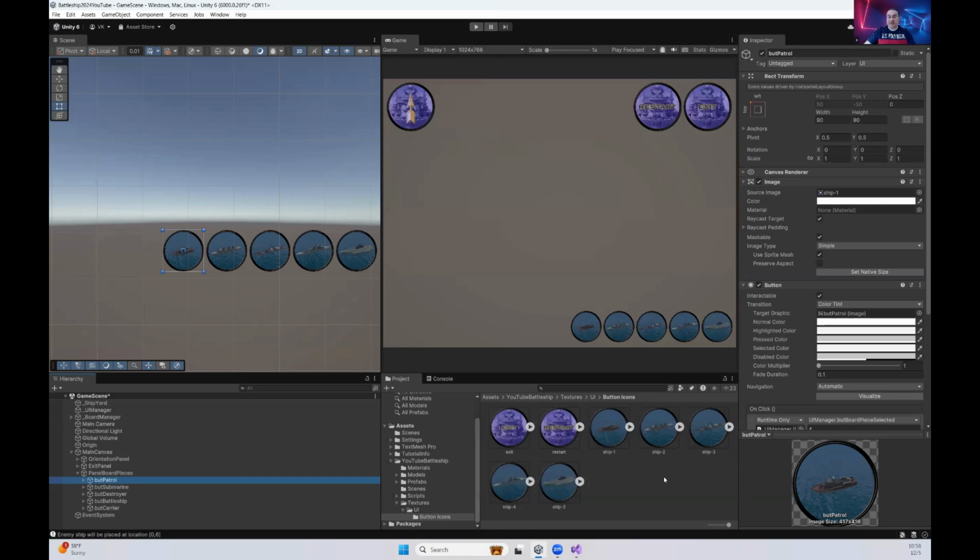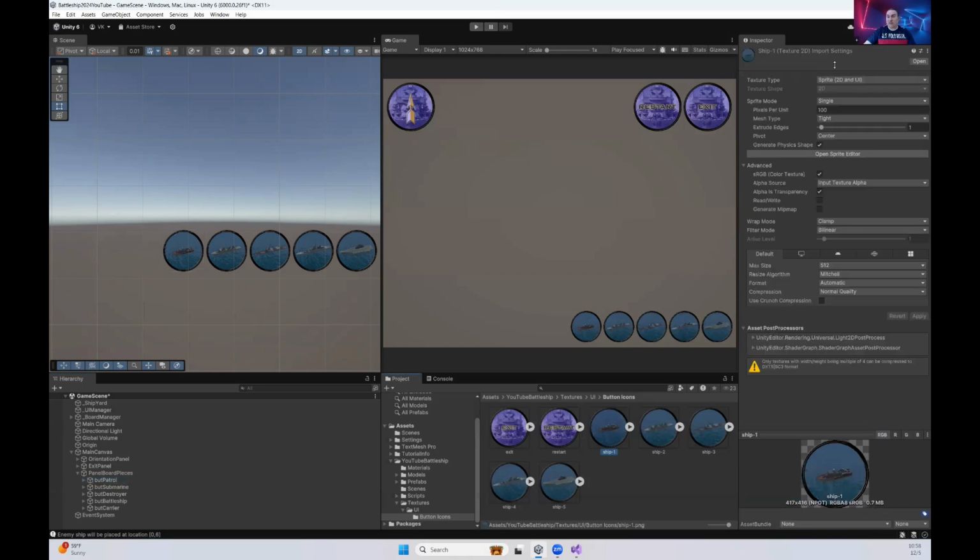And once they are in the Unity project, one thing you would need to do for UI textures is that you would click on the texture, select all of the textures. And from the texture type, you want to make sure that you change it to Sprite 2D and UI. And this will make sure that it's going to be compatible